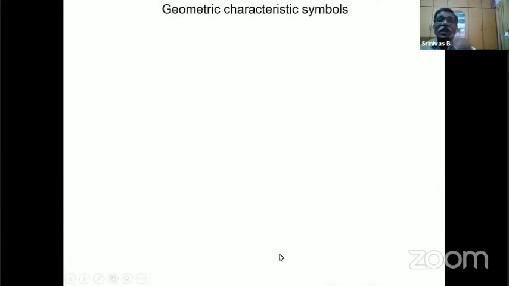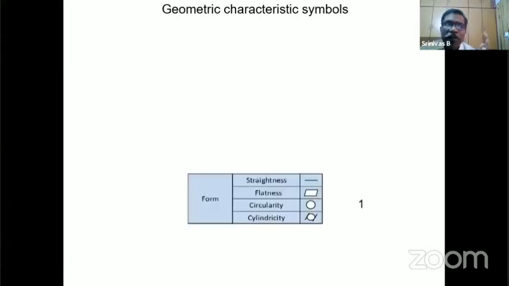Now, I would speak about geometric characteristic symbols. There are 5 groups, gentlemen. The lowest group is the form group. Why is it called the lowest group? This does not require any datum. Have you seen flatness given with a datum? No. Have you seen straightness given with a datum? No. These do not require datums. These are applied to independent features. Therefore, normally these are regarded as base controls, lowest controls, or weaker controls.